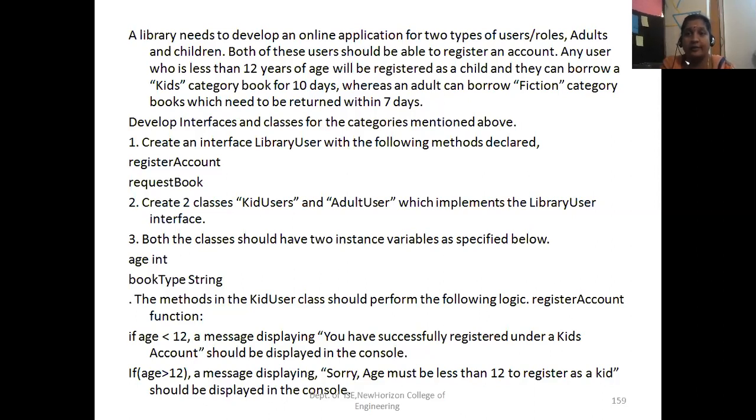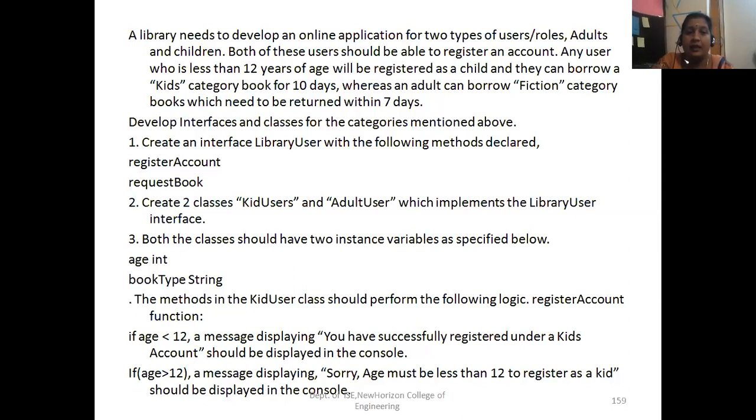Any user who is less than 12 years of age will be registered as a child. If the age given is less than 12, that user is a child user. If age is greater than 12, that user is an adult user.